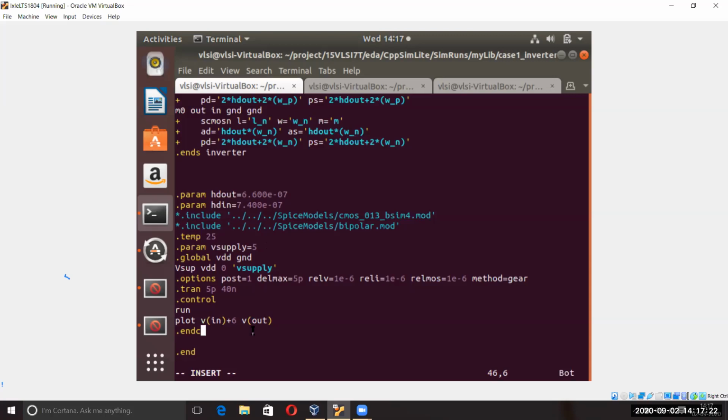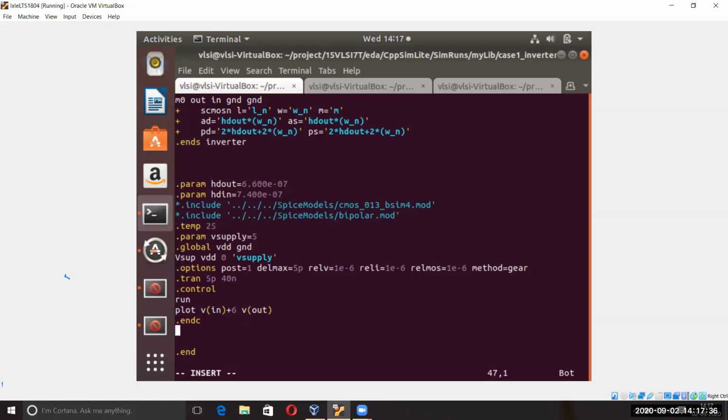You put the lines and how do we distinguish? It is not convenient for you. So I have given 6 and the multiple of 6 because it is convenient for us. You can find more about this offset in the ngSpice manual if you go. Okay, now I have written the control and end the control here, .endc.